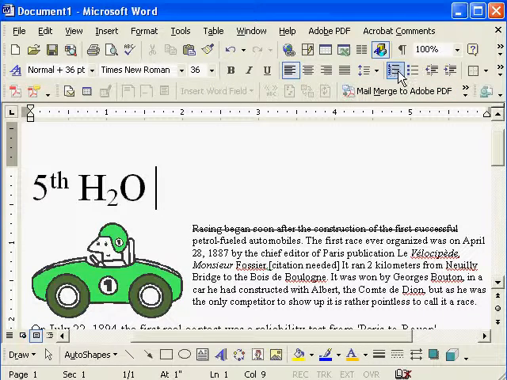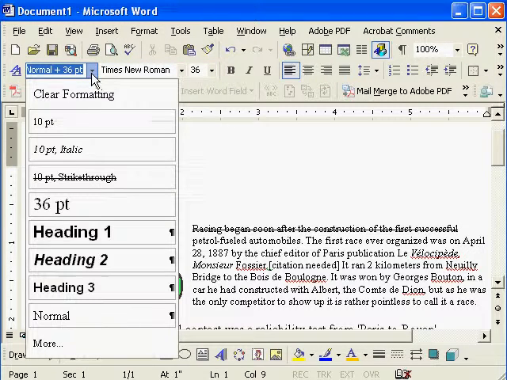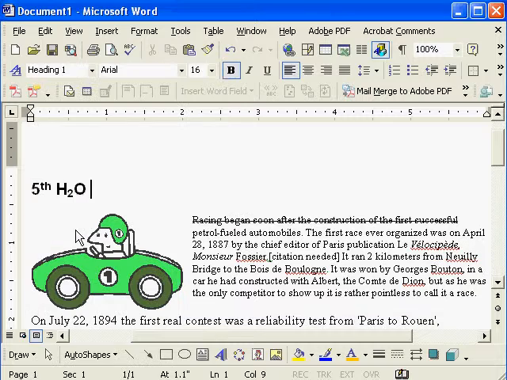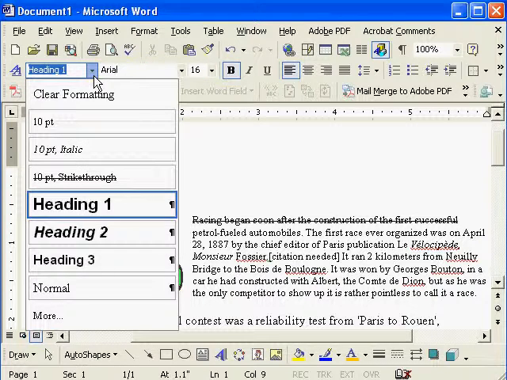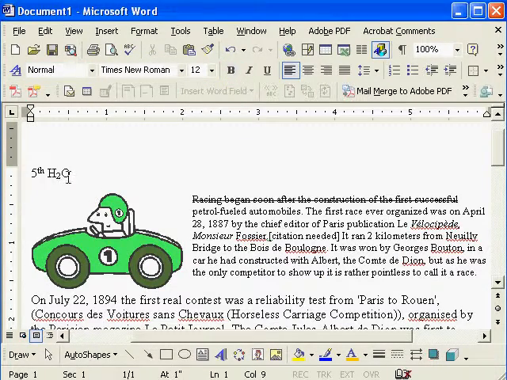There's also standard styles that have been created for you. So here's a heading style, for instance, and you can just click on it and it would actually format it as a heading just automatically with all the characteristics. And you can start to make your own formatting options that you can actually just grab right from here. You could also clear all the formatting and take it right back to a basic Times New Roman 12 font sort of thing. So there's a lot of different options that we'll cover in depth more in later lessons, but